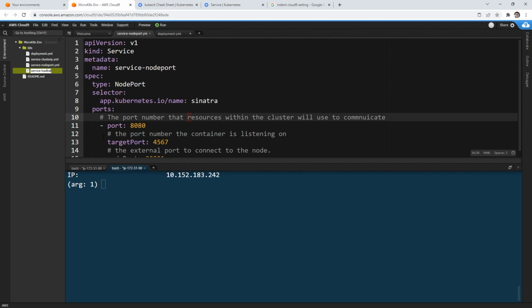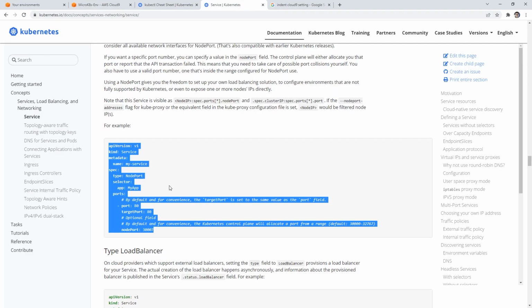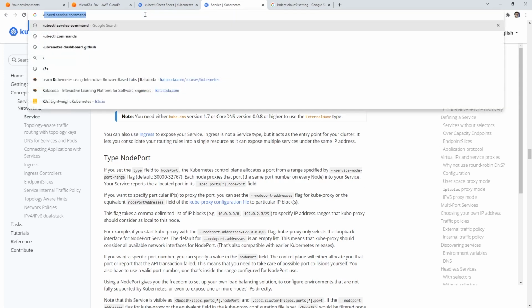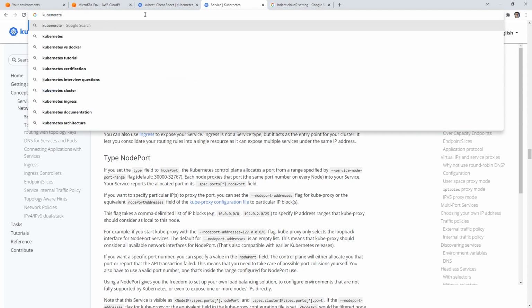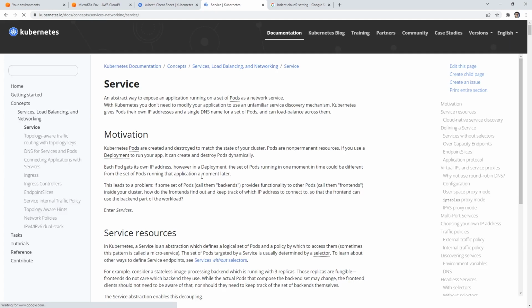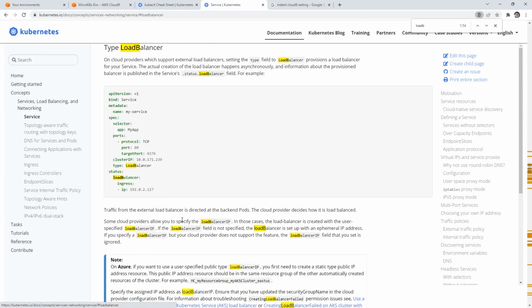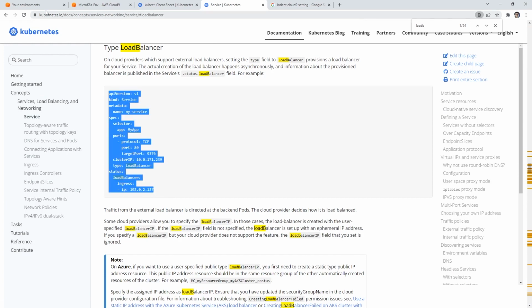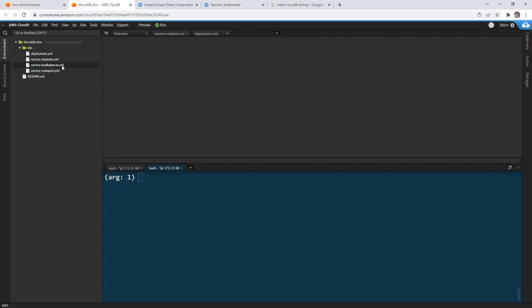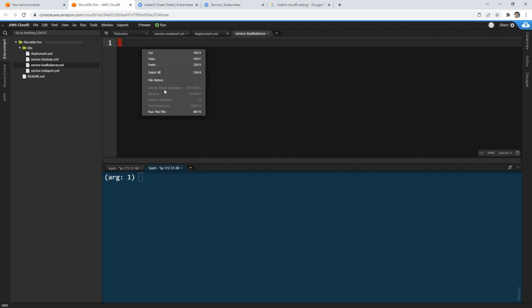I'm having a really hard time typing this, balancer.yaml, okay? And so we'll go over here, and again, if you don't know how to get there, we'll type in Kubernetes service to go to the official documentation and see if we can grab some code to work from. And so I'm gonna just type in load balancer, because I just want an example of one. Maybe we can click through here. And so here's an example. We'll go ahead and copy it, and we will paste it in to the file here,